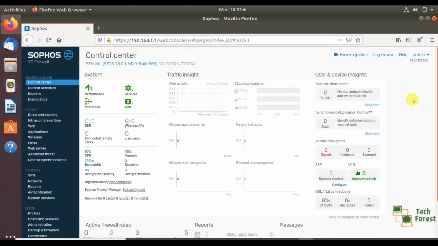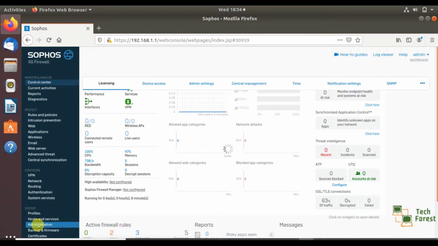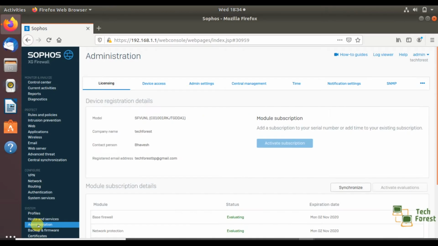Let's see how we can set a random port number so that we can make our firewall secure. Go to the administration. Click on admin settings.